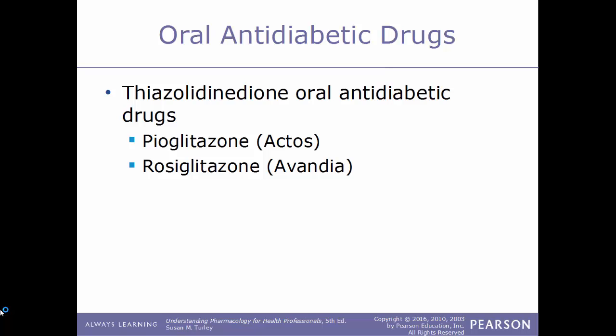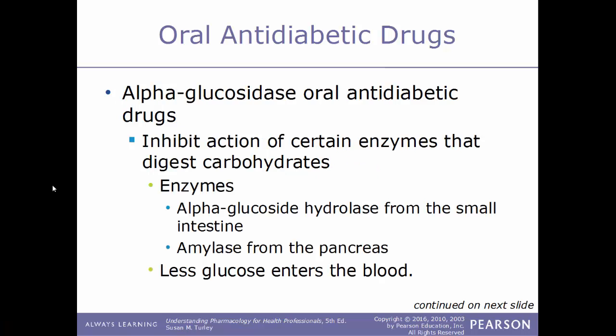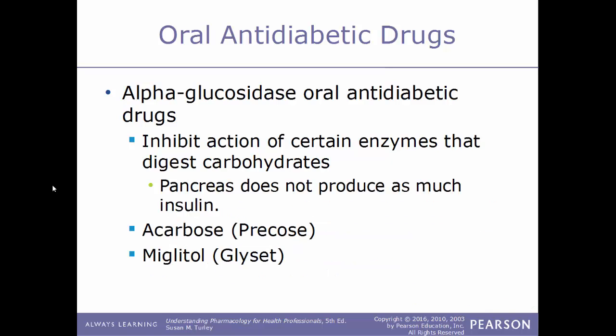trade name Avandia. See, another class of oral antidiabetic drugs, alpha-glucosidase inhibitors. And these work because they inhibit the action of certain enzymes that digest carbohydrates. And these enzymes would include amylase from the pancreas and also alpha-glucosidase hydrolase from the small intestine. And by doing so, less glucose will enter the blood. So if there's less glucose in the blood, the pancreas does not produce as much insulin because it's not needed at that point. Some examples of this kind of drug: acarbose, known by the trade name Precose, and miglitol, sold under